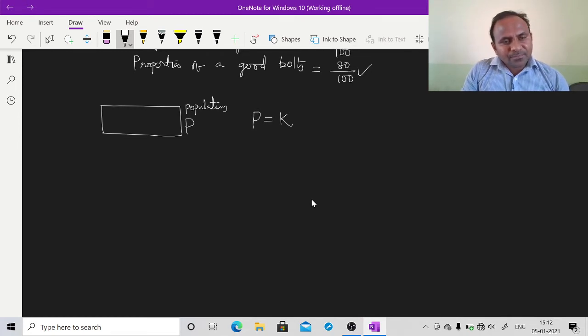For that, you collect a sample of, say, n elements, whose proportion of success of your interest is small p. Using this sample data, you are testing whether the population proportion is equal to k. The statement that the population proportion is equal to k is to be rejected or not. The test process is given in this way.